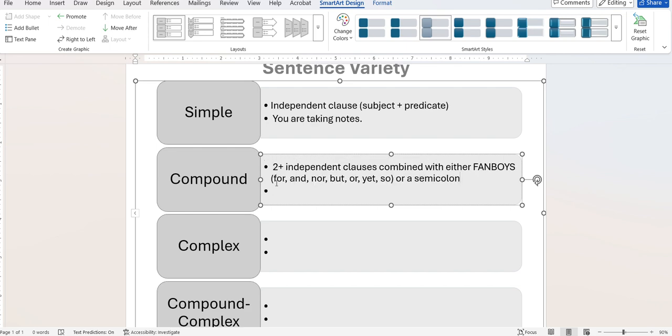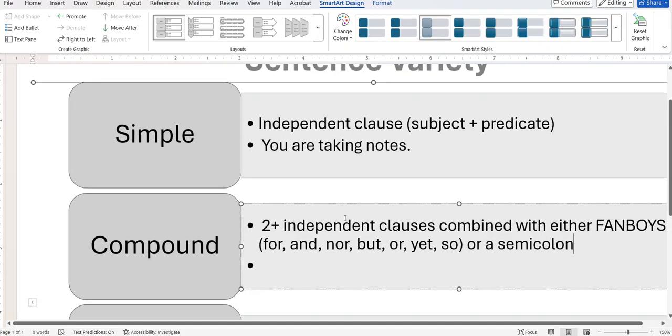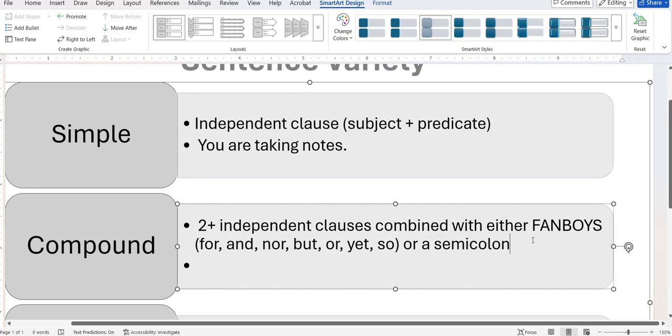But remember, if you go back to our notes about fanboys and semicolons and stuff, we approached it from more of a punctuation issue,